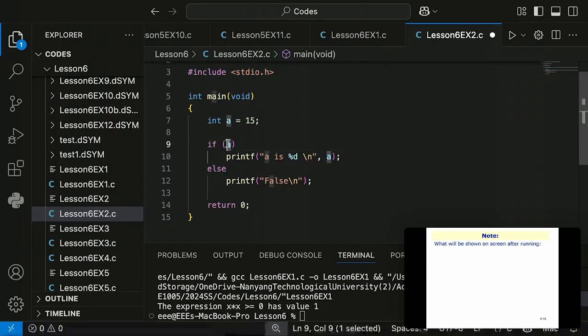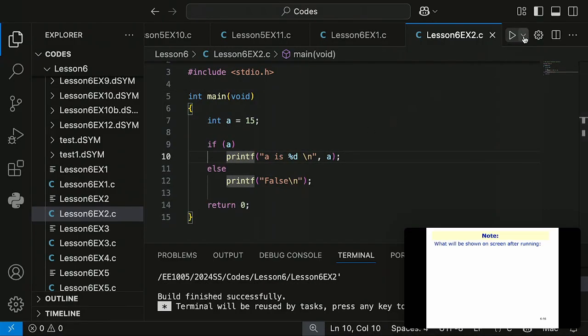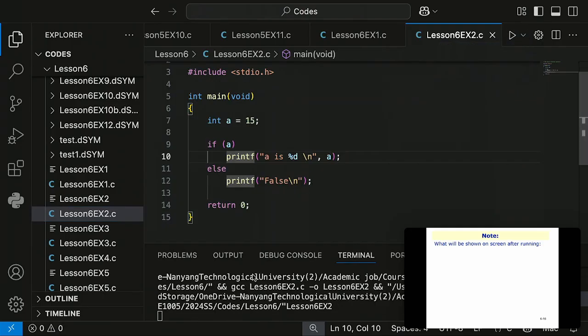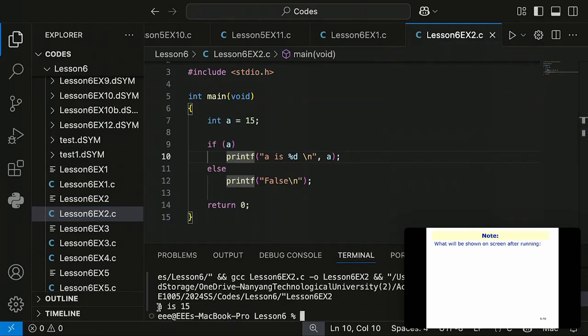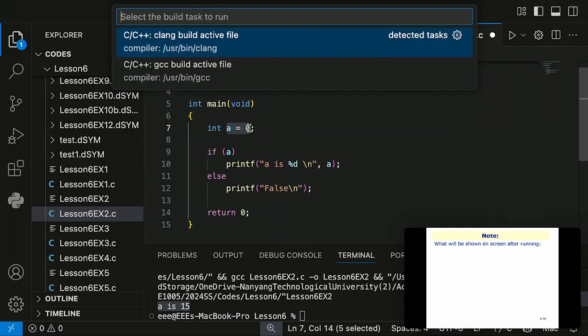In if, we just have A. Then if you run this code, you will display A is 15. You executed line 10 because A is true value. But if you have A equals 0,